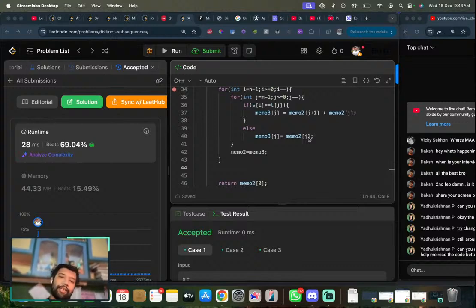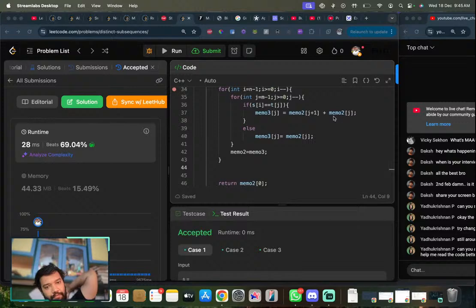This could be a loop of, like, a value of 2, I think. Can it be? Let's see. I think we can do it in constant space, because J depends on J plus 1 and J on J, and J depends on J here also. So if we take this as memo 2 and memo 3 as size 2,